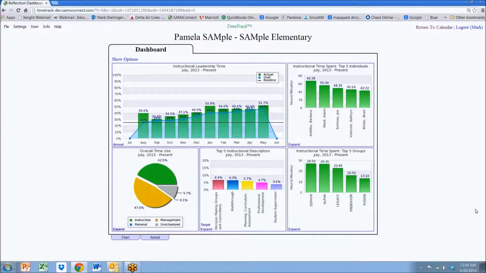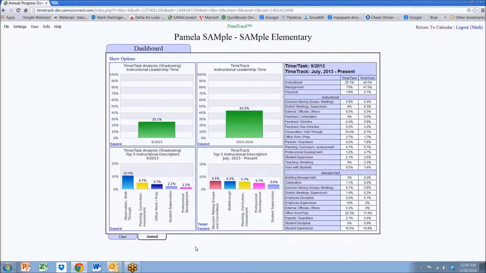Well, the last thing I want to show you on TimeTrack graphs is the 2 additional tabs I have not shared with you yet. If you look on the bottom left-hand corner, you'll see that there's a Chart tab and an Annual tab. Those do just pretty much what you probably thought they do. If I click the Annual, it is going to show me a comparison of my time task, my shadowing data, with my TimeTrack data. It will also show me the descriptors for each, but on the far right-hand side, there will be a chart showing me the TimeTrack and time task information